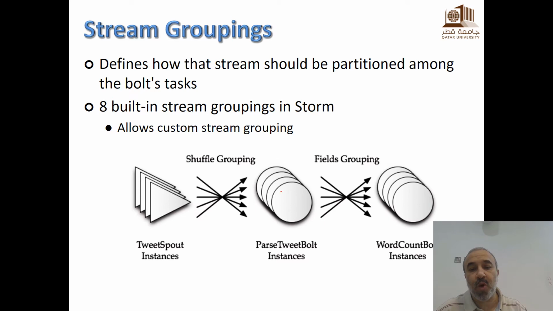So this is not just one task and here one task. If that were the case, then that would be sequential, and we don't need to partition anything. But here we have multiple tasks, here we have multiple tasks, and these are, by the way, user defined, and you can say how many tasks you want for each bolt or spout. So we'll have to define clearly how the data will be distributed or partitioned in each link. Is that clear? Any question about this? Because this is very important.